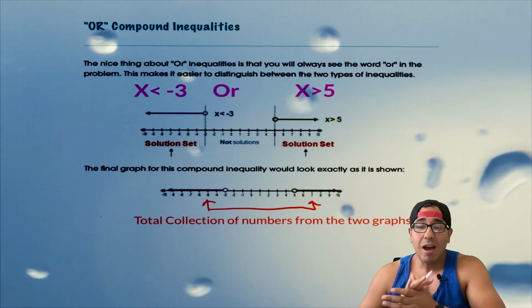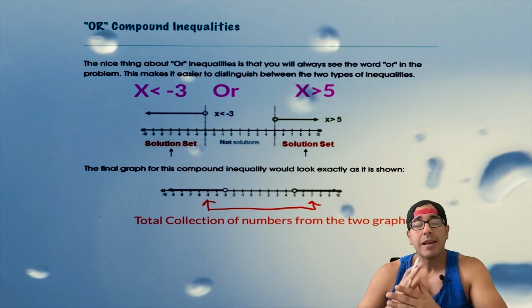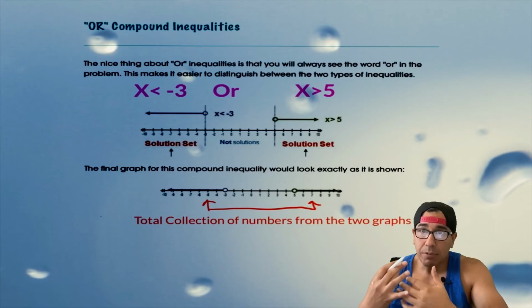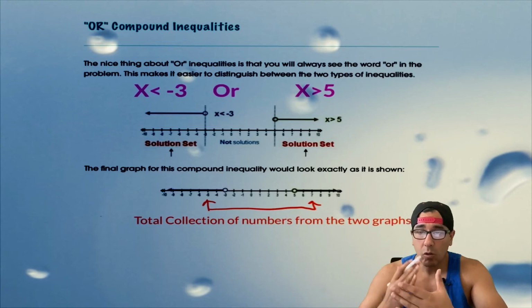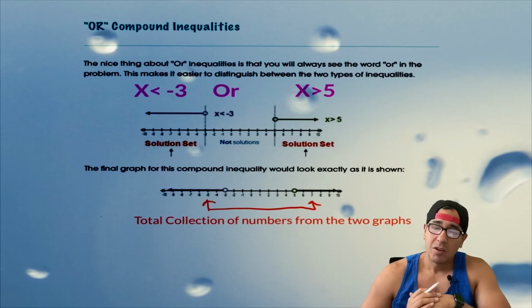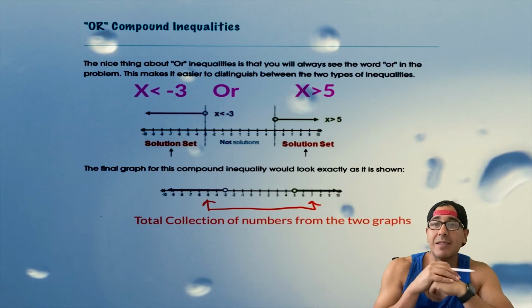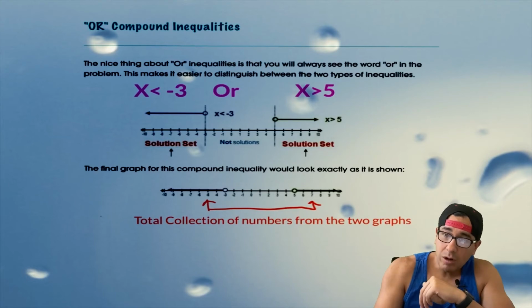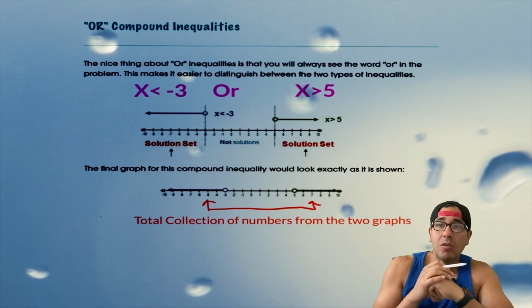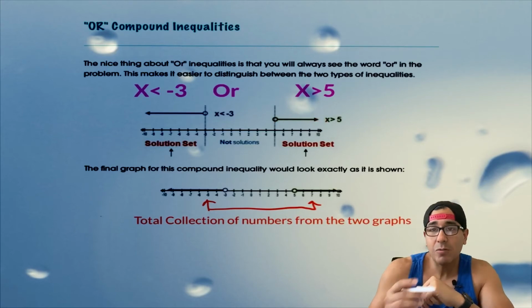All right, so now let's talk about the OR statement. The nice thing about OR inequalities is in the problem, it'll say the word OR. It'll give you two inequalities and it'll say OR. So what we're gonna look at here is x is less than -3. This graph right here represents, the left side represents x is less than -3, or x is greater than 5. So x is greater than 5, we start at 5 and all the numbers to the right,